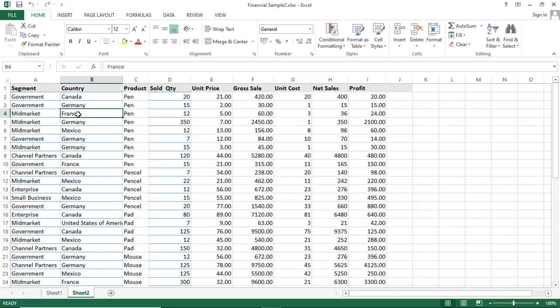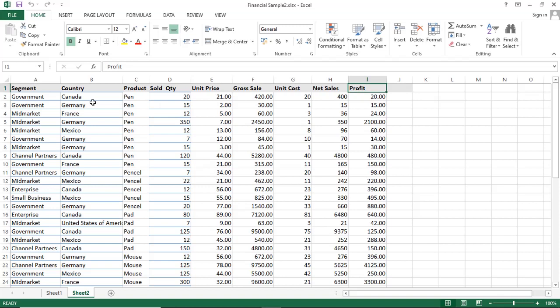Again, we can calculate how many products have been sold, and which product, in these countries. Then we have the sold quantity, unit price, gross sale, unit cost, net sales, and finally profit. If you subtract net sales from the gross sales, then we get the profit.